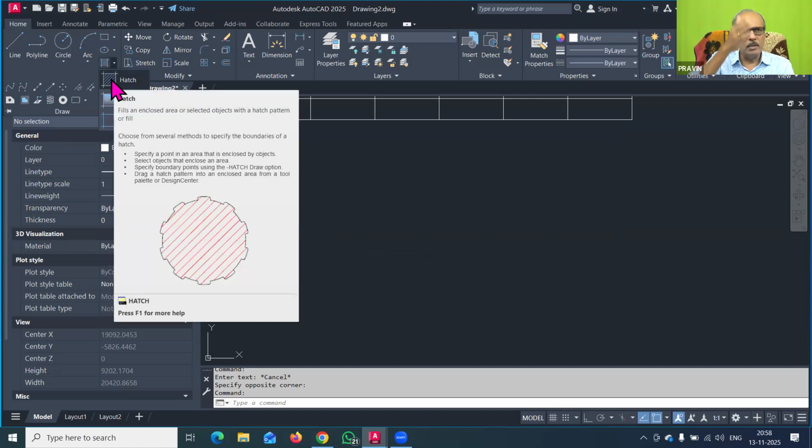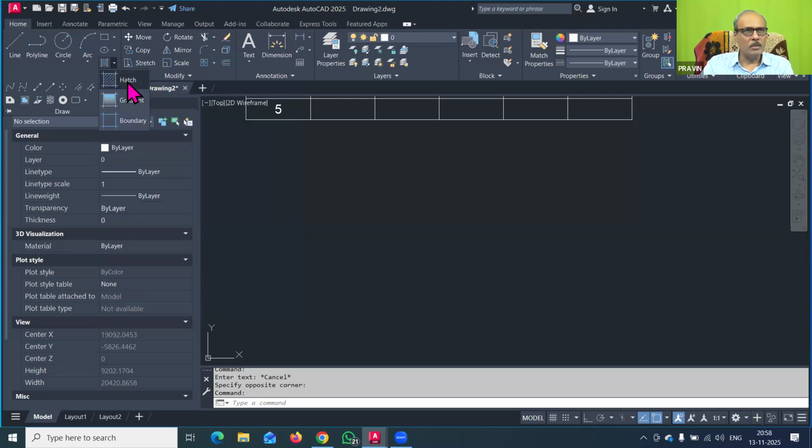So you know that, as shown on the screen, suppose I have drawn one of the drawings, and into that I want to show inclined lines, that is called hatch patterns. So this hatch pattern is important. How this is required, how this is to be done, and there are so many things to be done in this. In the hatch command, there are various options. So today we will focus on the hatch command.